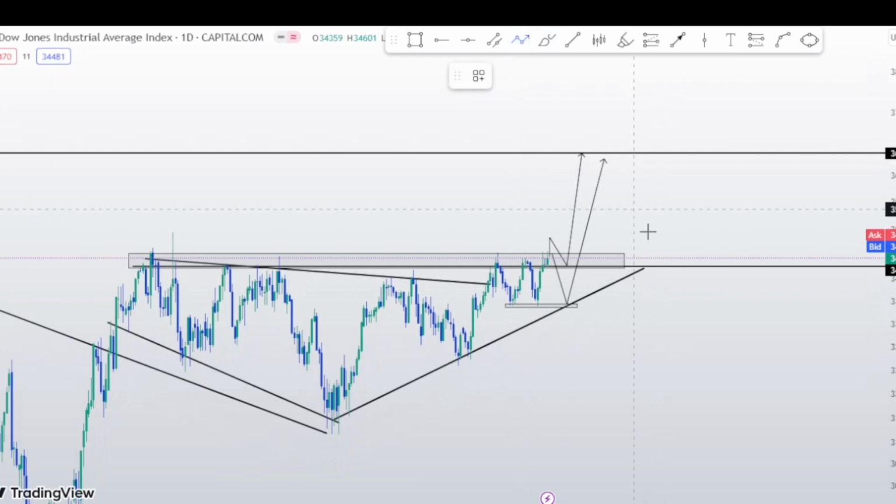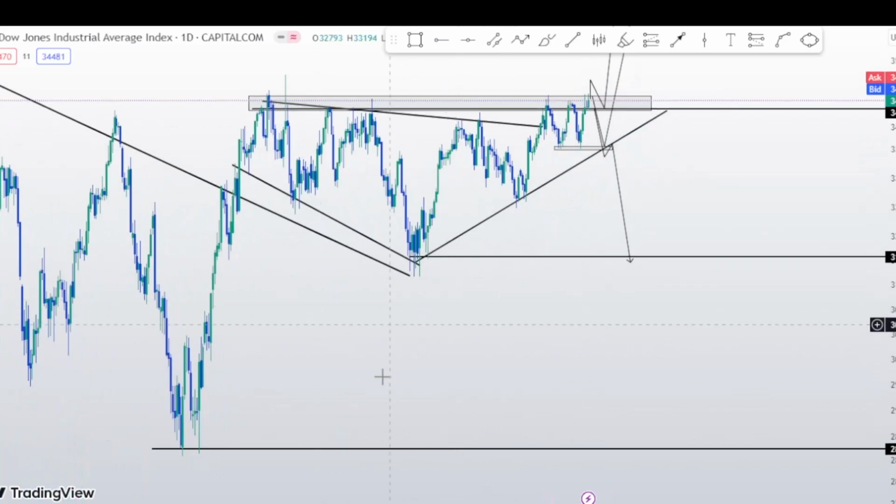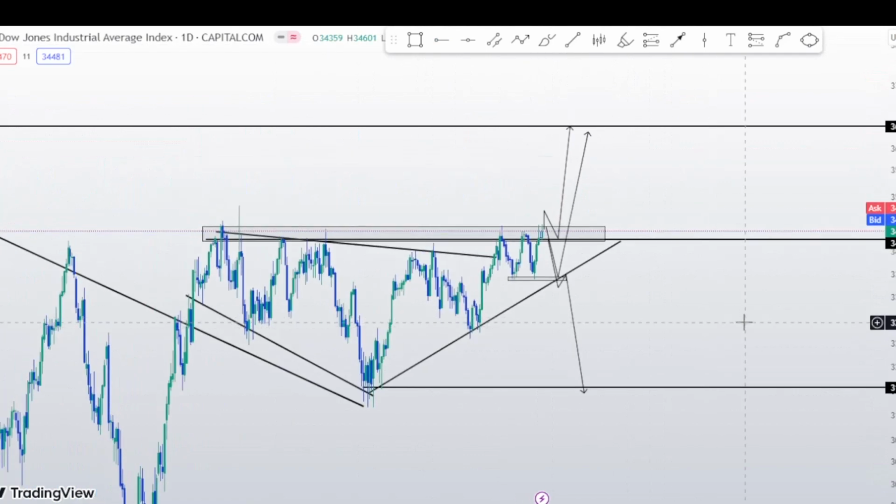And if it doesn't do that, there are chances that the market will go below here and give us a retest on this trend line, and again we're going to be looking at selling opportunities going down, with these lines and the support and resistance guiding us. Okay, so this is all again